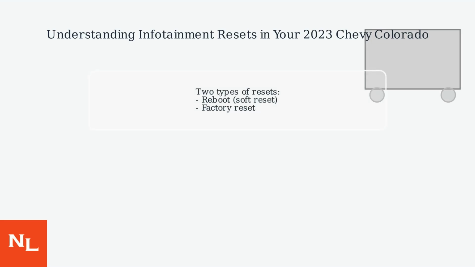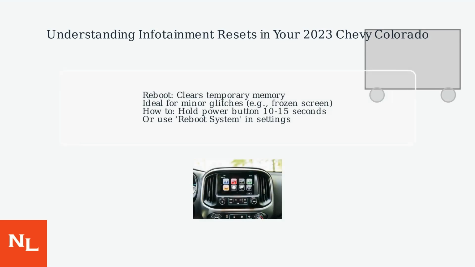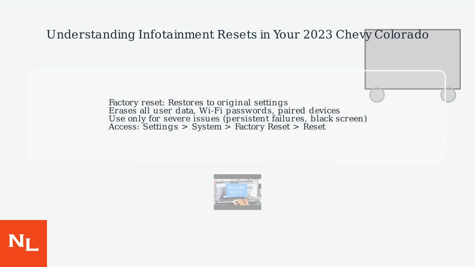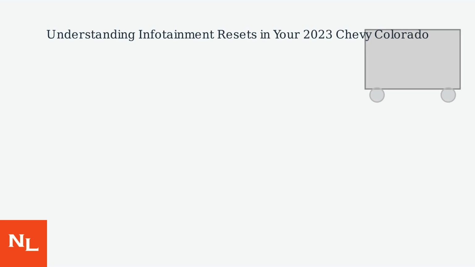There are two main types of resets: a reboot, also called a soft reset, and a factory reset. A reboot clears temporary memory and is ideal for minor glitches, like a frozen screen. To perform a reboot, hold the power button for 10 to 15 seconds or use the Reboot System option in the Settings menu. A factory reset restores the system to its original settings, erasing all user data, Wi-Fi passwords, and